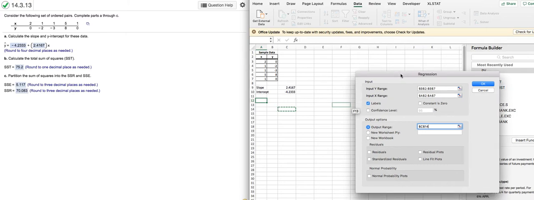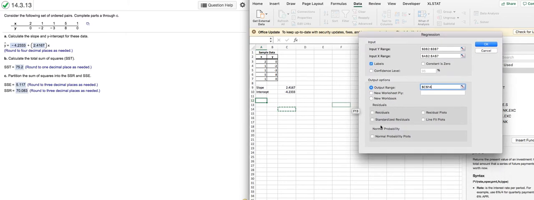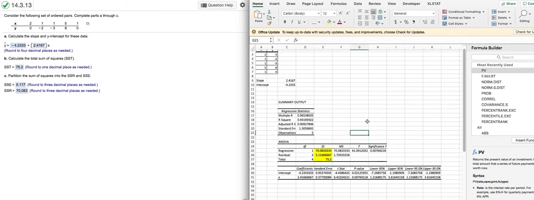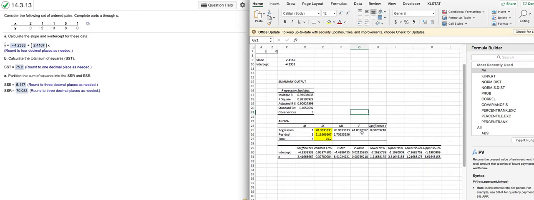And that's pretty much it. We don't really need to worry about any of the other options at this point. It's kind of just a basic ANOVA table is what we're looking for. So when I click OK, here is our output. As you can see, we have the sum of squares information here. Just highlight that. And that's really all the question asks for. It does certainly, of course, include the degrees of freedom. It's going to include the mean sum of squares, or mean squares, mean squared regression, mean squared residual figures,